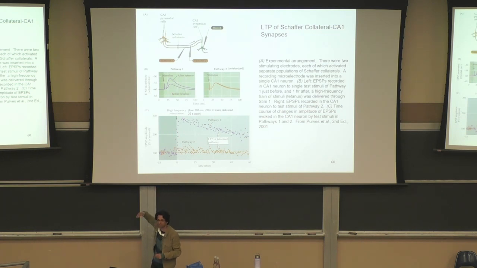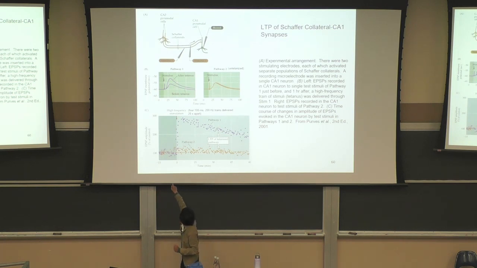Essentially, they're just doing the test pulse to measure its strength periodically, but they never really stimulated pathway 2 in a way to cause LTP. Okay, so that electrode going into stimulus 2 is not really a stimulus, or? Yeah, there's kind of two types of things this stimulus electrode does.